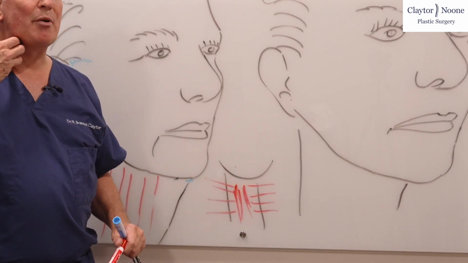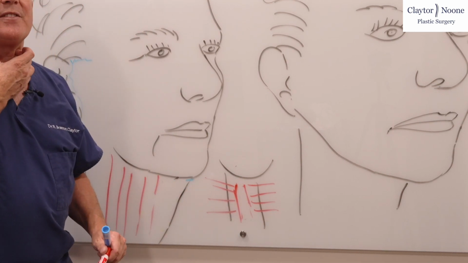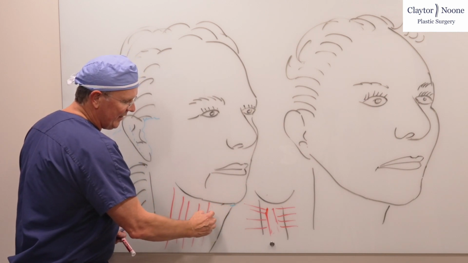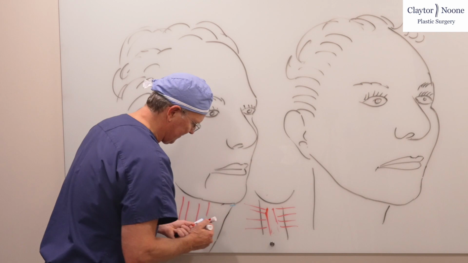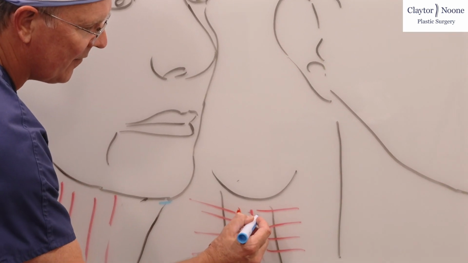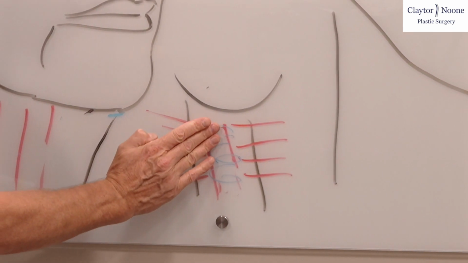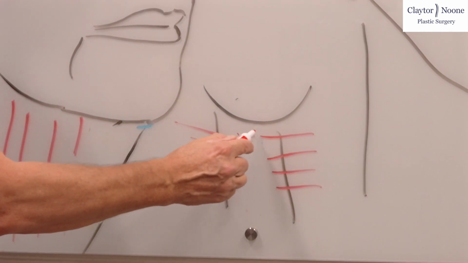If the muscles have pulled apart and you have separation in there, then you can have significant platysmal banding. And so when you make an incision underneath here and you access these muscles, you can pull these together with sutures and unify them. So put sutures on there and pull them together so that now they come together here